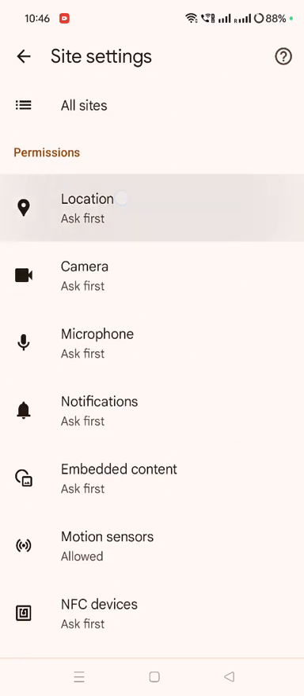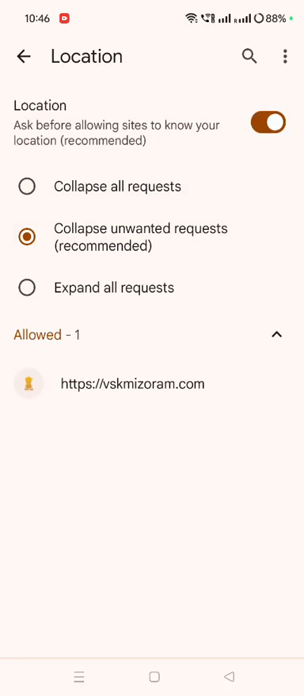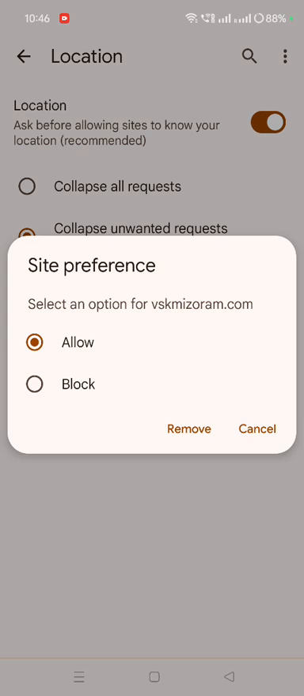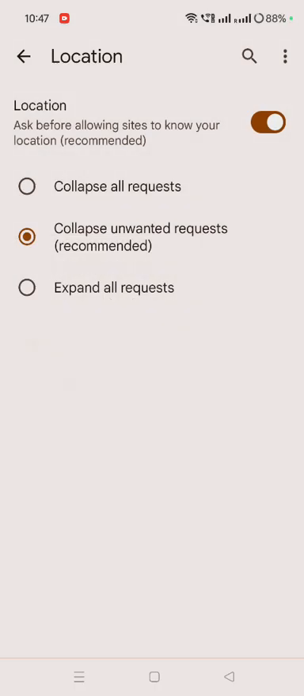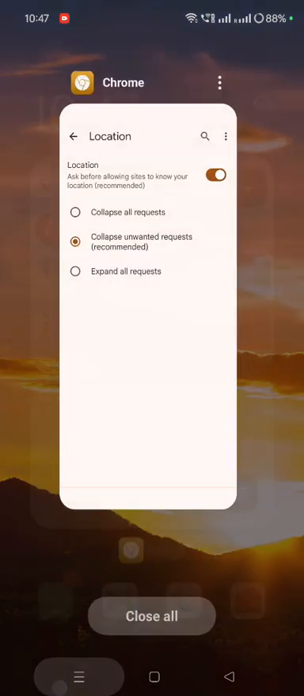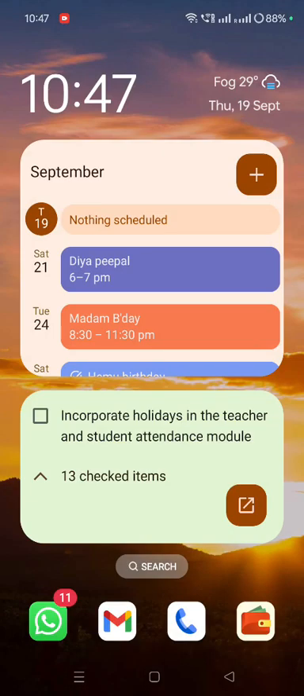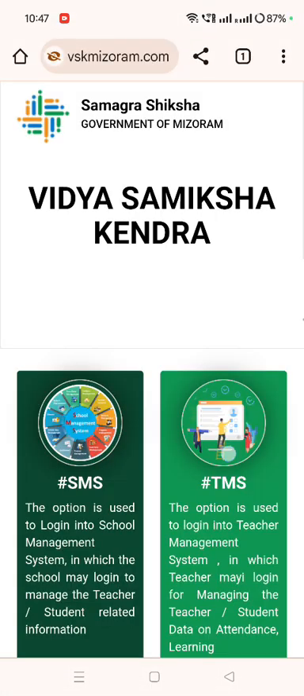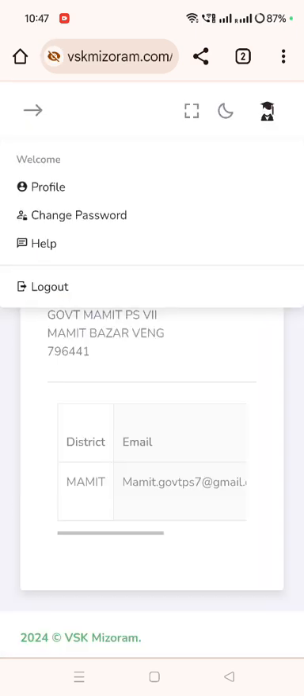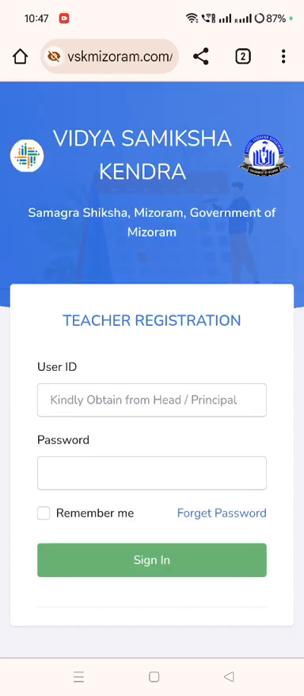Click on location. Here the website will appear. Just click on it and say allow, or just remove it. If you remove it and then you again open the location, and if you open the TMS system, I again log out